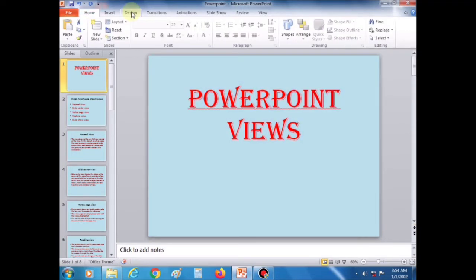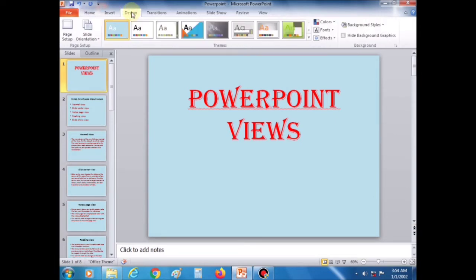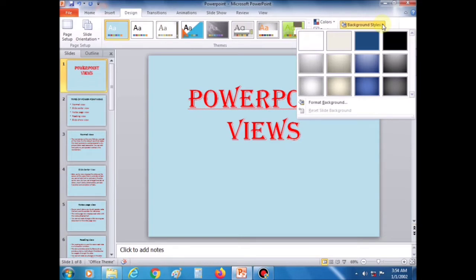Or we can format the background. To format a background, click the Design tab, then click the down arrow next to the Background Styles button in the Background group. Click the Format Background option from the drop-down list. You can see here the Format Background option.